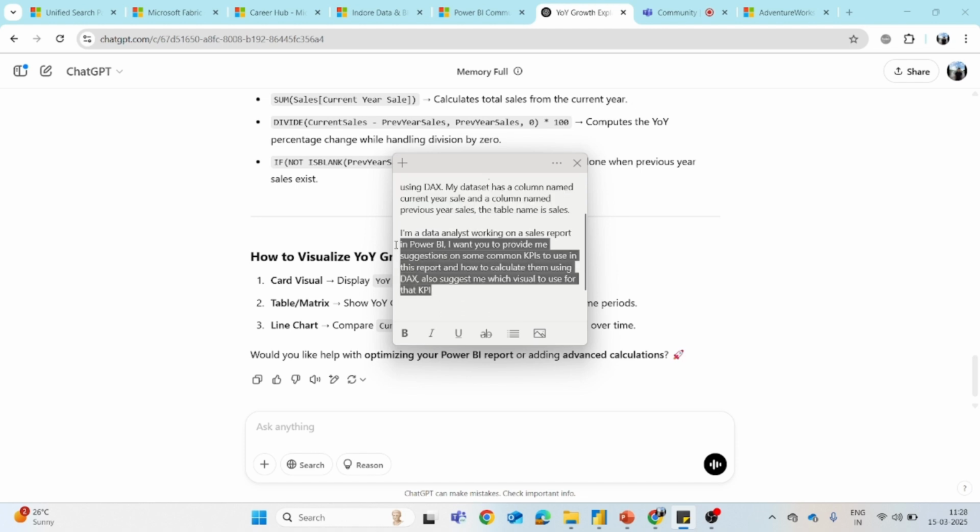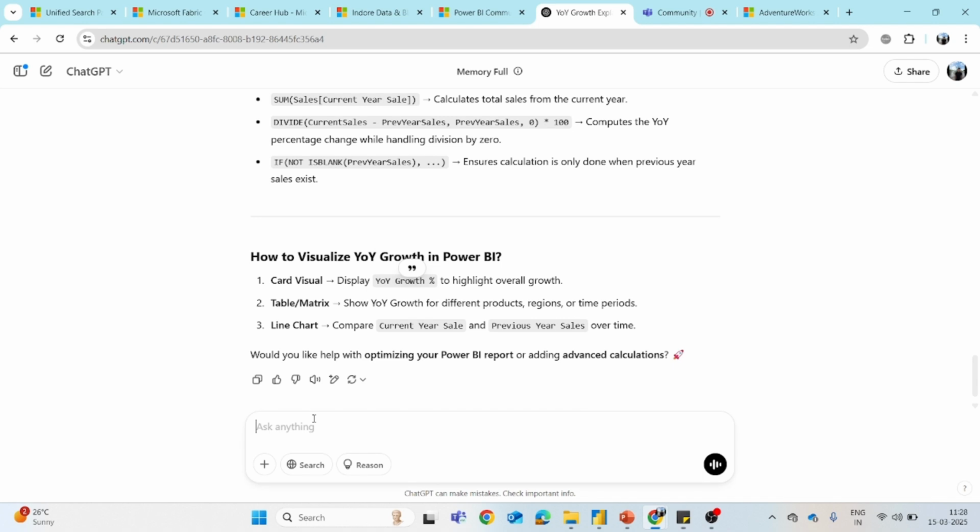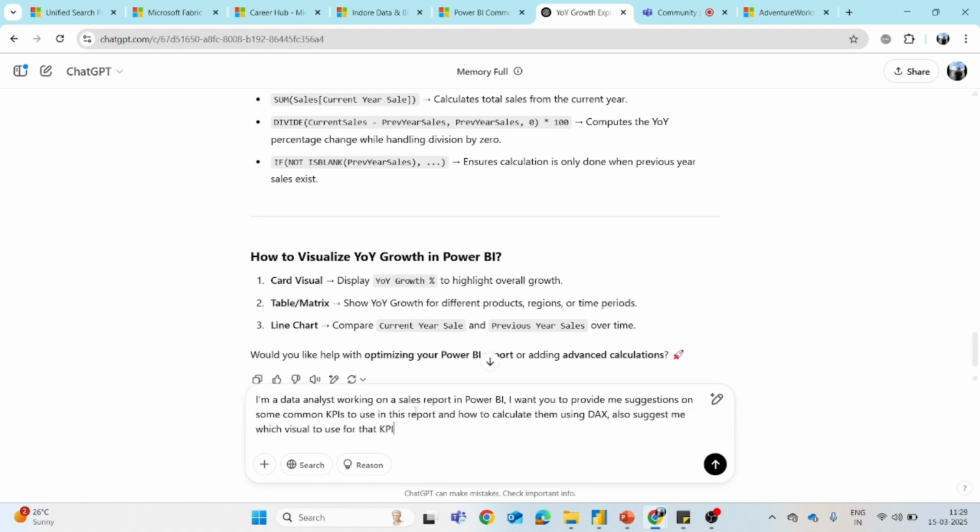Again we will enter another prompt as an example. So now we will say that I am a data analyst working on a sales report in Power BI and I want you to provide me suggestions on some common KPIs to use in this report and how to calculate them using DAX. Firstly, I have provided my role, at what level I am working, and what I have to do, like I am working on the sales report, and what I want from ChatGPT. I have specified that I want suggestions on some common KPIs. I have also asked it to calculate them using DAX and then suggest which visual to use for that KPI. Now if I enter this,